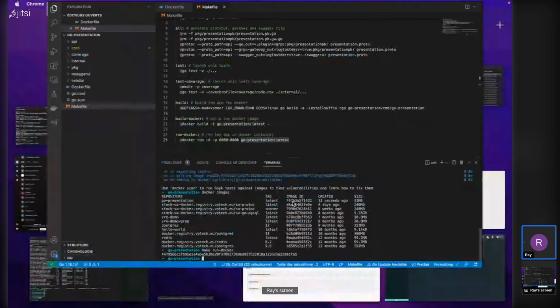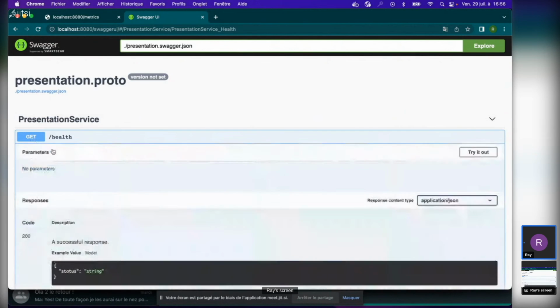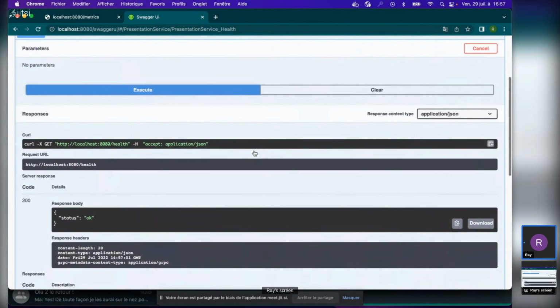And I still have access to my Swagger UI here, and I can test my application. So when I test the else endpoint like this, what it does is actually executing some code in my Docker container and not locally.